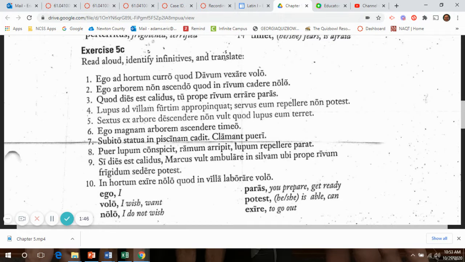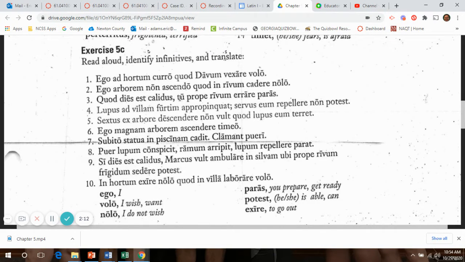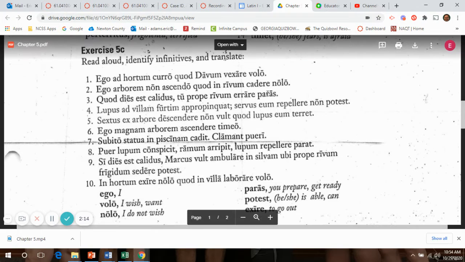If I say I do not want, you would want to know: I do not want what? I do not want to do what? And that would be cadere, to fall, in rivum, into the stream. In plus a word that has an accusative, am, or in this instance, as a second declension word, um, the in is going to translate as into. So, the infinitive cadere. Quod dies est calidus, because the day is warm,